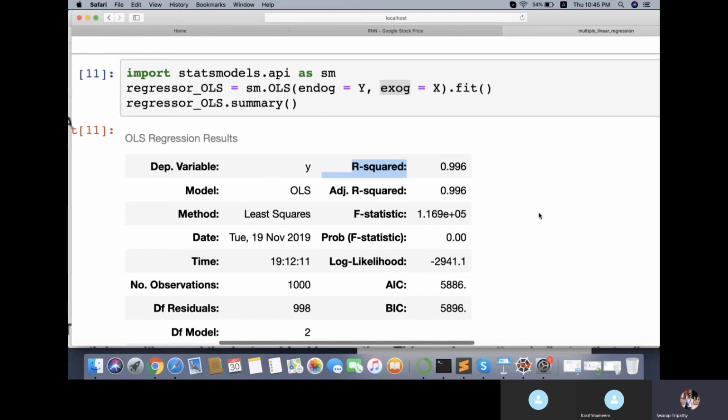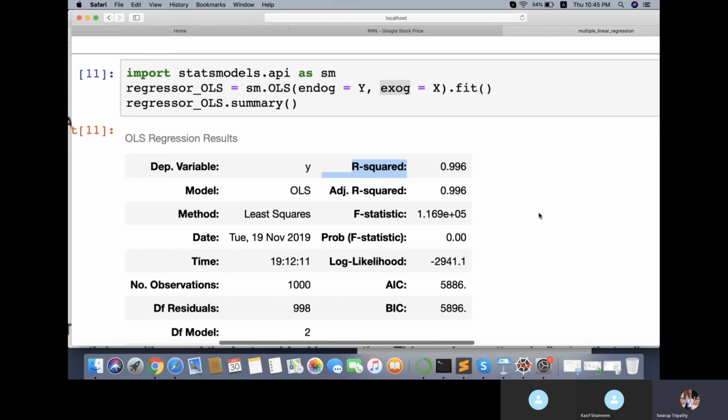So here both the R squared values are the same, since we don't have many outliers. So both R squared and adjusted R squared are the same here. Then it is doing the F statistic. F statistic is nothing but the F test, that is ANOVA testing. We have already done ANOVA testing, so here also it's doing an F test. Once it does the F test, it shows us the value and the probability value.